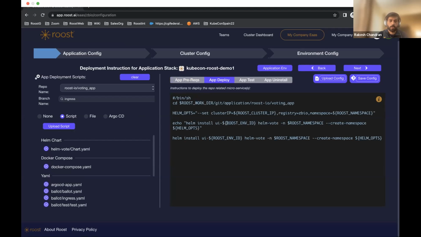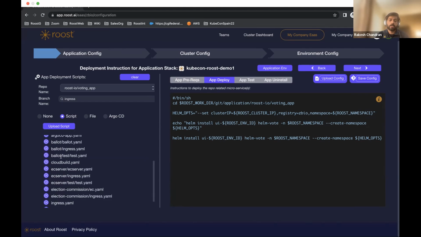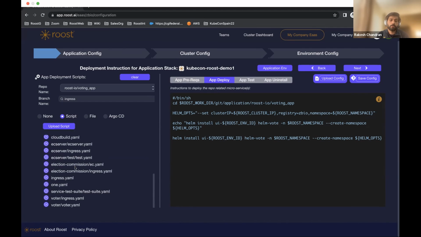And same for deployment steps, we support your deployment tool. Currently we have Argo CD or from a script. If your deployment scripts are saved in the GitHub repo, we will automatically find that YAML and it will be available here. And you can use that or you can write your own script. And if it's any other tool, we provide custom integration as well for the deployment. So we have a team to do that, and we have an event framework where you can define what events you need to trigger that deployment to happen or the configuration to change, right?